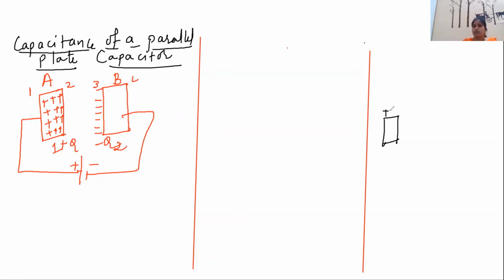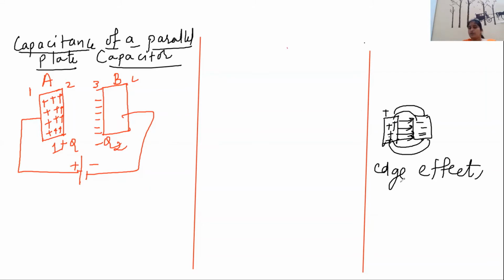there will be a positive charge on this and a negative charge on this. So the electric field starts moving from positive to negative in this way. In such a case, the net electric field will be in the direction of positive to negative. But the charge, when it comes out of any conductor, comes out normal, because electric field lines come out normal to the surface. In such a case, they interleave like this, and at the edge we can have an effect called the edge effect or fringe effect.